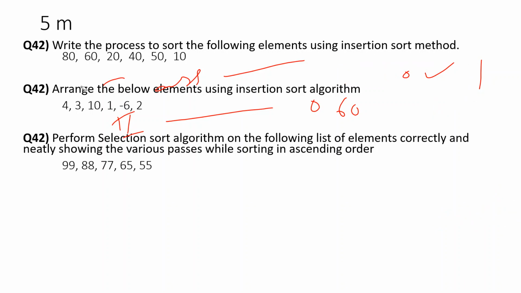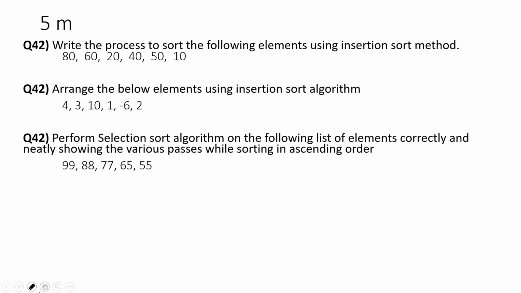So this question is asking you to arrange the list of values using the selection sort algorithm. In the selection sort algorithm, it finds the lowest value, and that lowest value will be placed in the